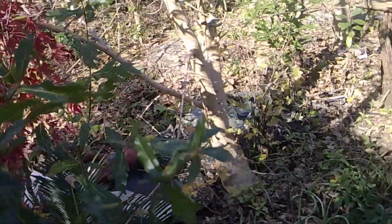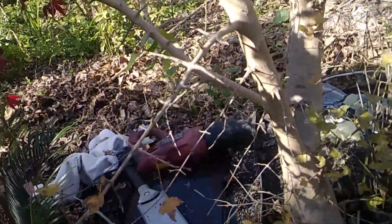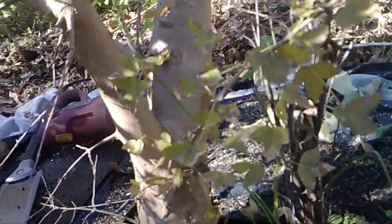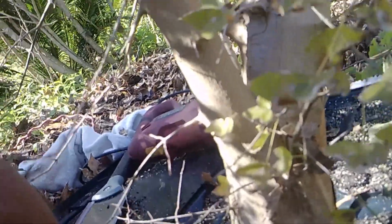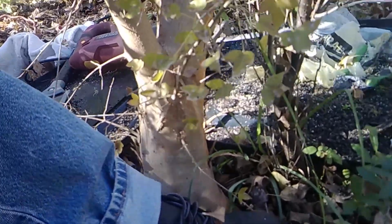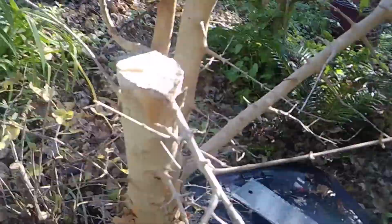Okay, this is the trunk that I'm working on, and as you can see there, across that, or we can do it like that. That's 12 inches on my shoe, like 13 inches. Not a size 13 shoe, but